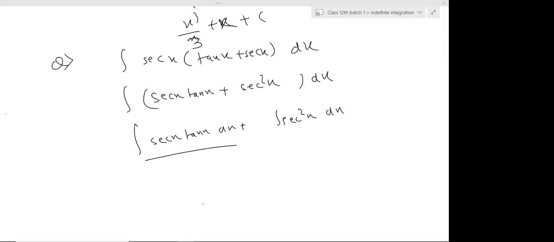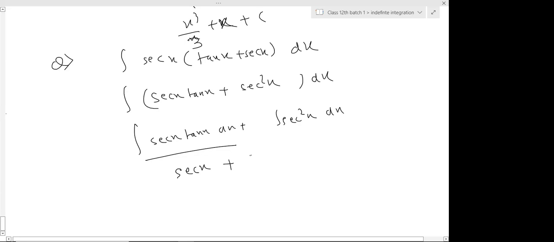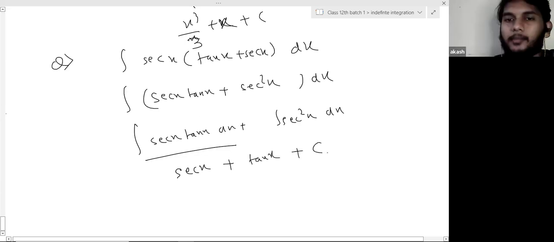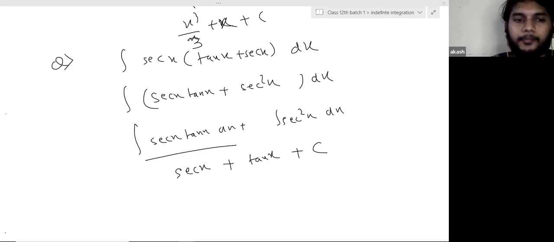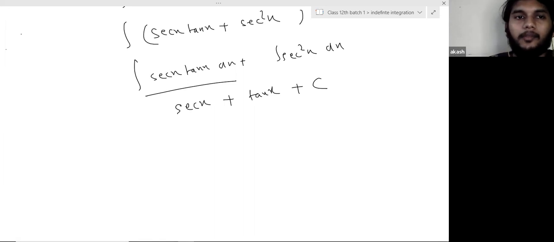Shikani: Sir, sec x plus c. Sec x plus c, right? So this is sec x plus, what is the integration of sec square x? So tan x plus c, right? So this is the answer. All right. So this is what simple integration is. All right, please note it down. If anyone has not, I'll give you a few minutes.